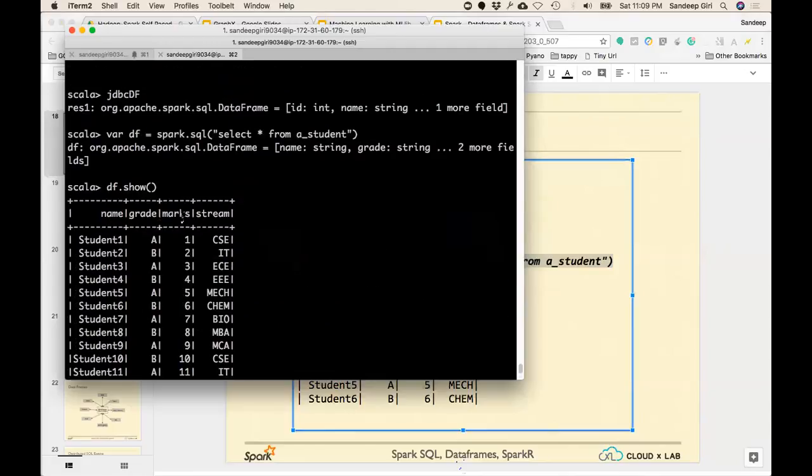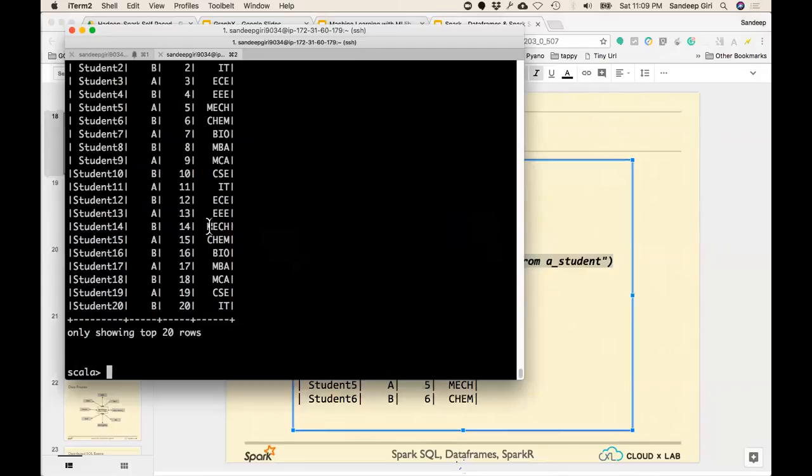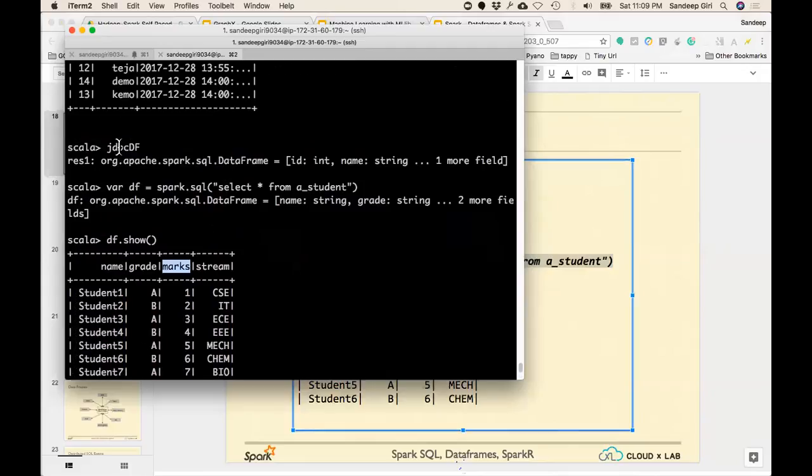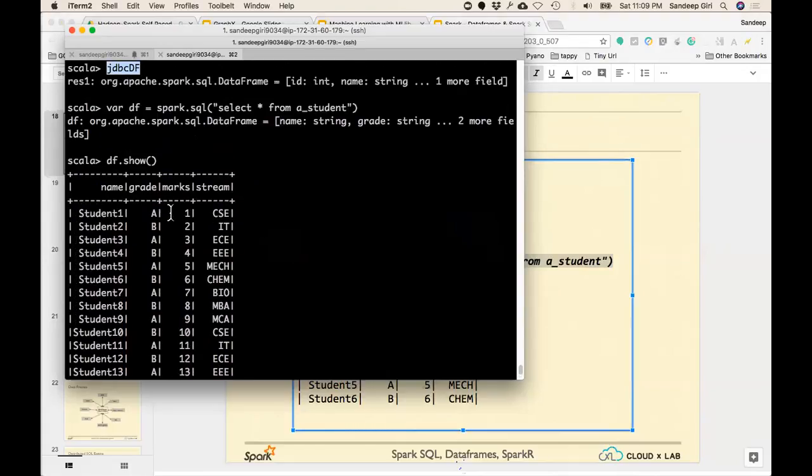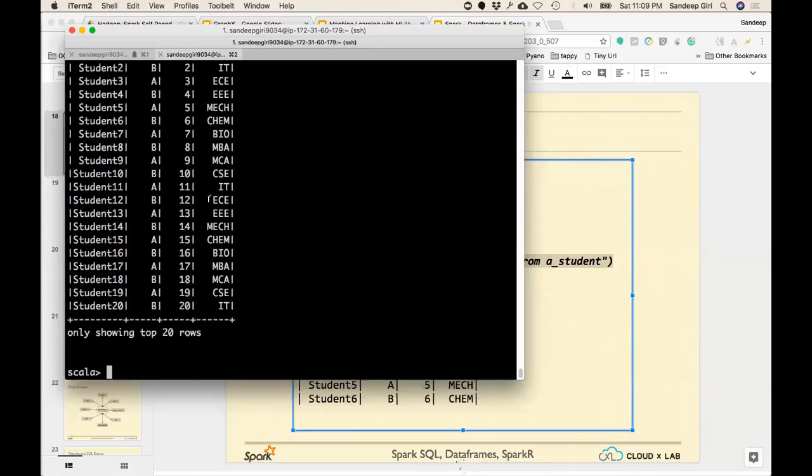So yes, it has some marks. If you want to join marks with the ID of JDBC-DF, let's try. In case we want to operate on these two tables, what we have to do is